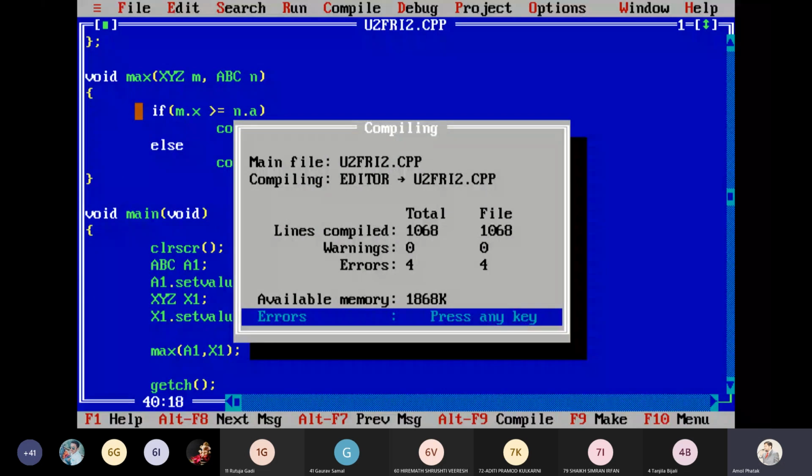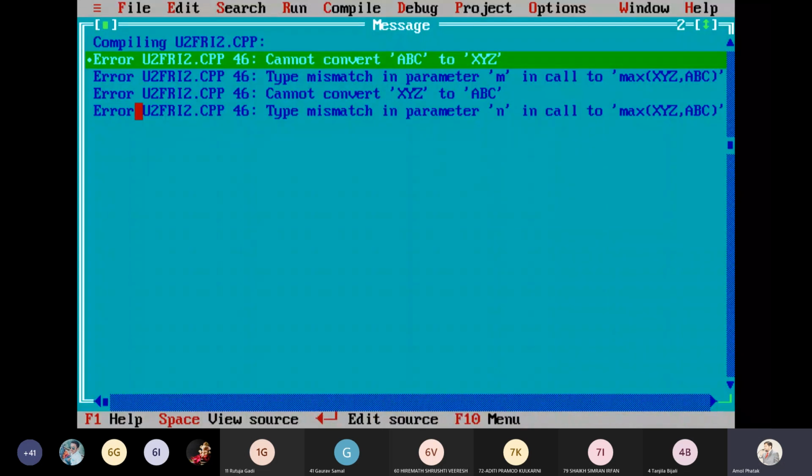F9 is showing errors. Let us check the errors. Cannot convert ABC to XYZ. Let me check it.